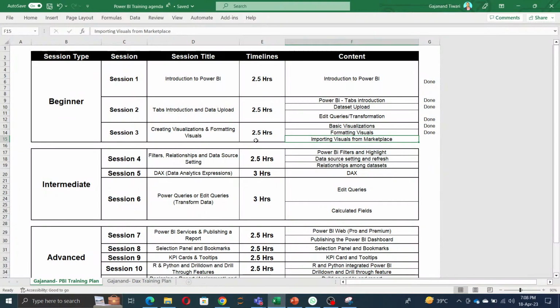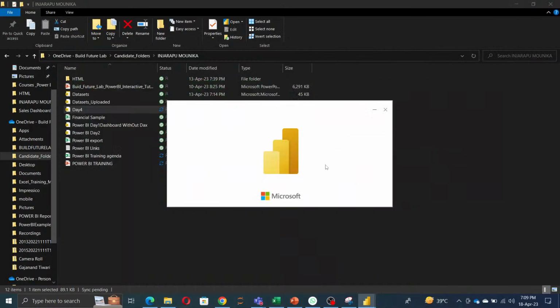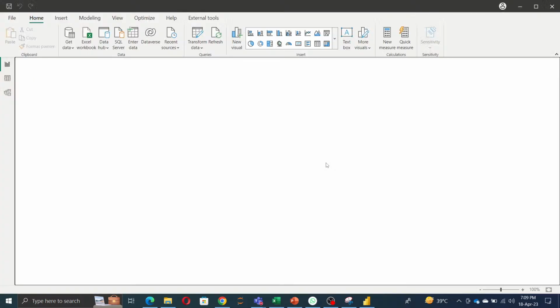The second thing that we're going to cover is Power BI filter and highlights, data source and relationship among the database. And here we will cover the bookmarks and how to create the menu in Power BI by using bookmarks and selections. So for this, first what we need to do,